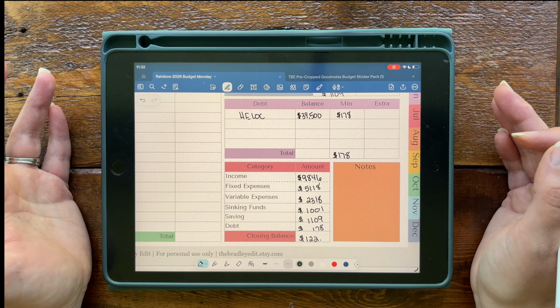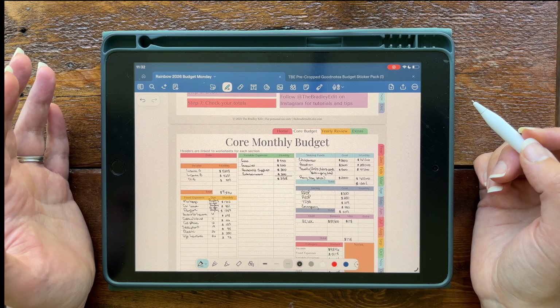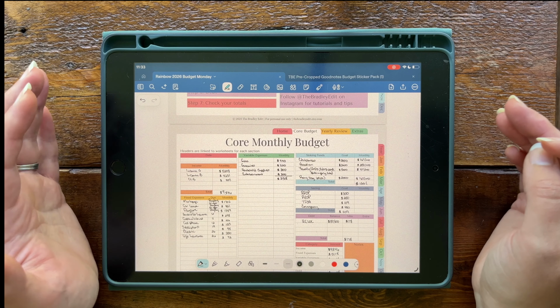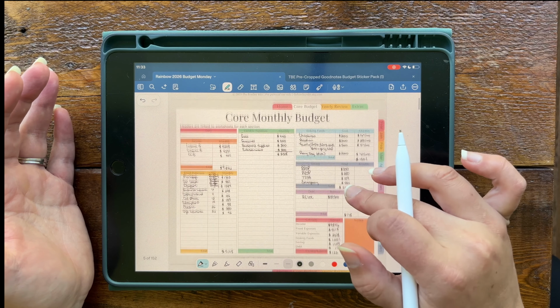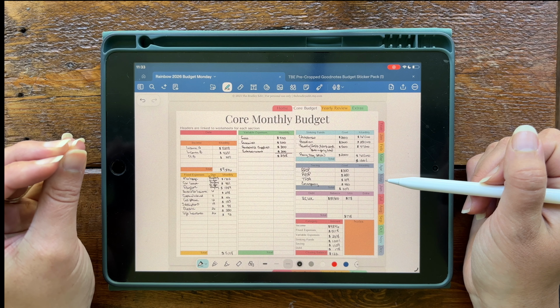So if you've tried budgeting before and gave up, I want to encourage you to keep going. Your budget doesn't have to be perfect to work. It has to be something you're consistent with and adjust as life changes. So over the next few videos, what I'm going to be walking you through is a real life example of how